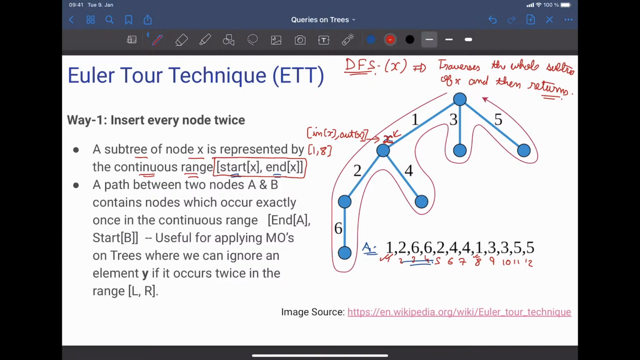And we say that start of X is the first time DFS is called on X, and end of X is the last time, or the time at which all nodes in the subtree have been explored and DFS is returning. Okay, so when DFS is returning from node X, DFS has explored all nodes in